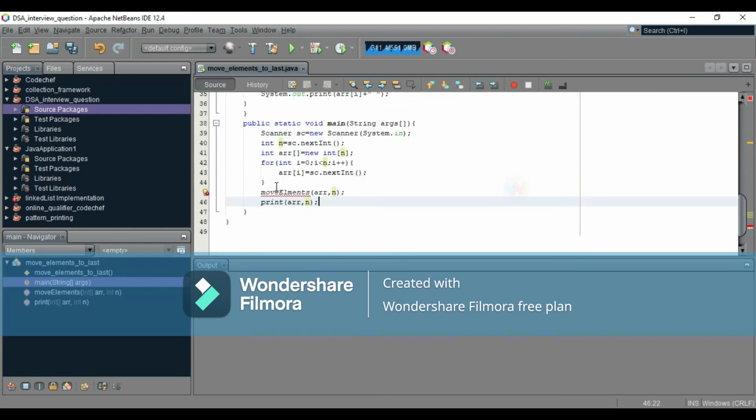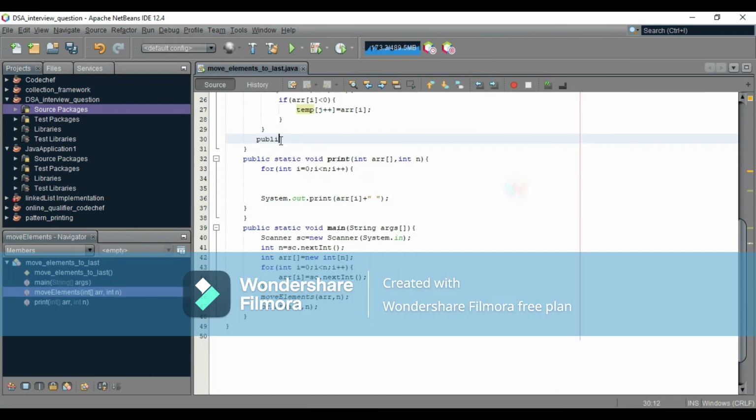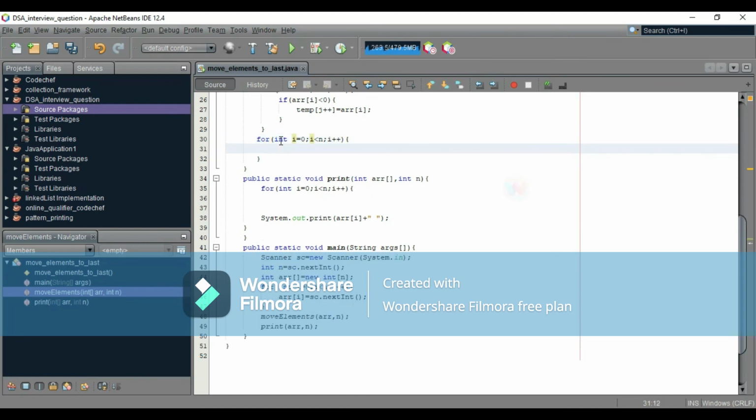In moveElements I have to enter a loop for shifting the temp of i elements into the array of i elements. So for int i is equal to 0, i less than n, i plus plus, and after that arr of i is equal to temp of i,